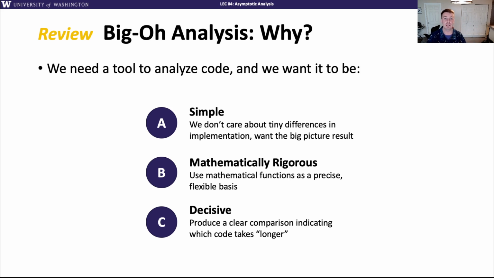We want it to be able to describe something at a high level and big picture. Another meaning of a simple description is we want it to be describable to many people. We don't want you to need a PhD in computer science in order to understand this stuff. We want to make it understandable to a broad audience